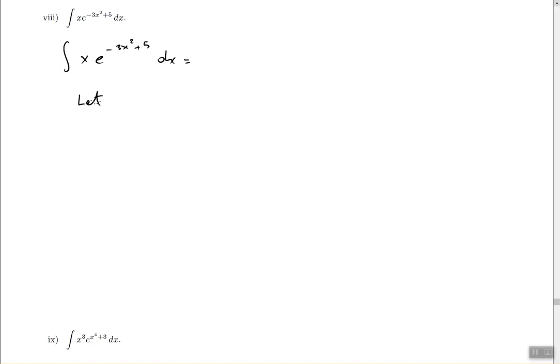If you see the letter e in the problem, which is what I'm seeing, the u is automatically going to be the whole exponent. So that's pretty standard. There's no confusion there. It's always going to be the same. So let u be negative 3x squared plus 5. So what's the du going to be like? The derivative of negative 3x squared plus 5 is going to be negative 6x and then the dx.